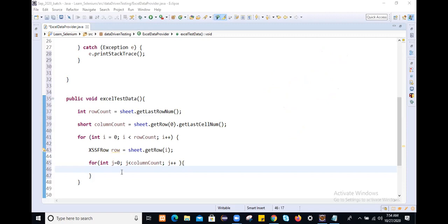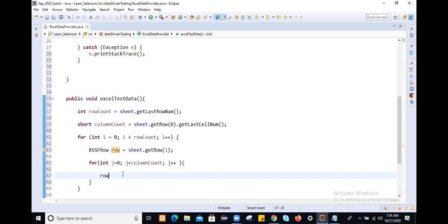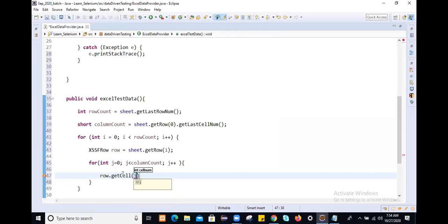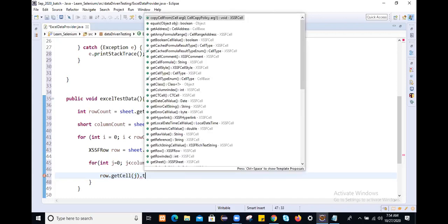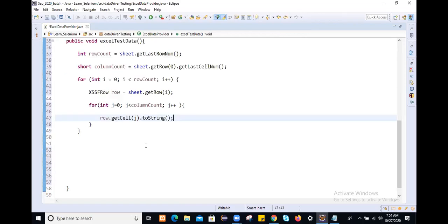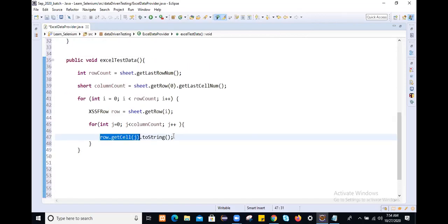So to get this on this row, which row are we currently focused on? We are currently focusing on the 0th row. I will get the cell. What is the cell value? Cell value is what? j. j is what? 0th column. 0th row, 0th column. Can you please give me that object? I will use the toString method to retrieve. Okay, we are going to use the toString object.